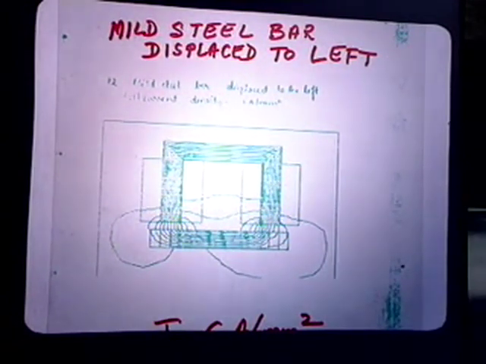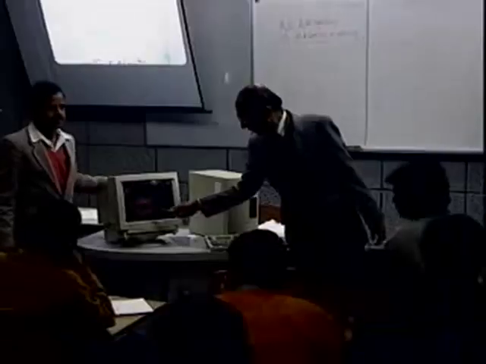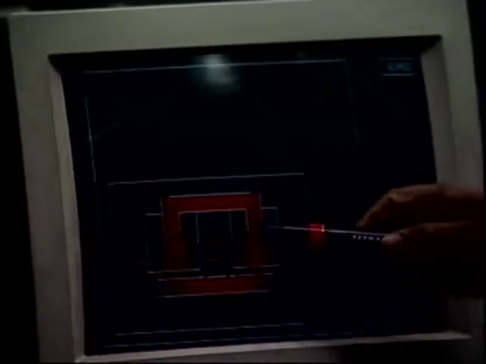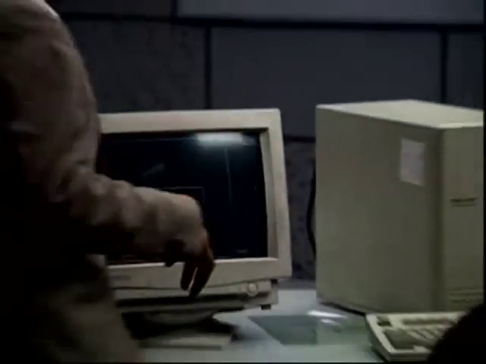Okay, are you getting it there? Okay, so you will see that this is symmetrical. If you look on the computer screen, you will have the main flux, you also have fringing flux, and you also have a leakage flux. They are all obtained by actually solving these equations for a symmetrical thing. Okay, next one, if you shift it to